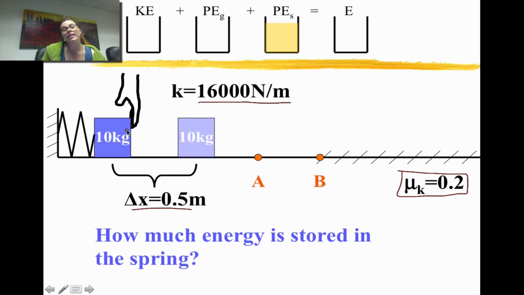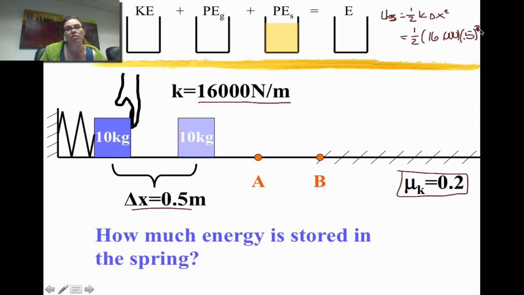So initially, all the energy is in the spring. Okay, so why don't you try to do this? Pause the video and come back. Okay, so I hope you got it. If you recall, the potential energy in a spring is equal to 1/2 k change in x, or change in s, squared. So this would be 1/2 times 16,000 times 0.5